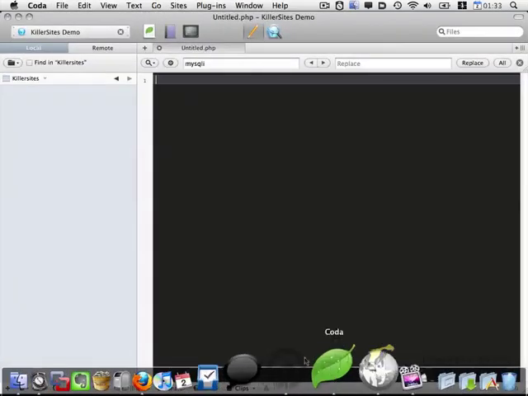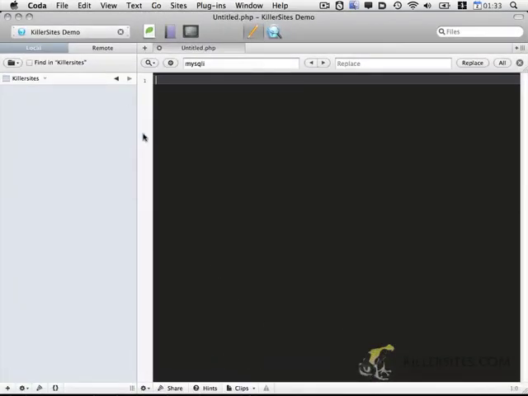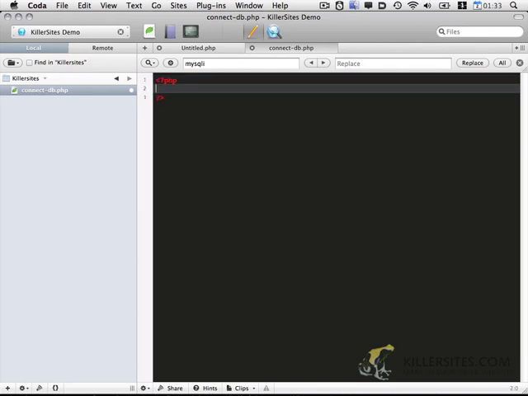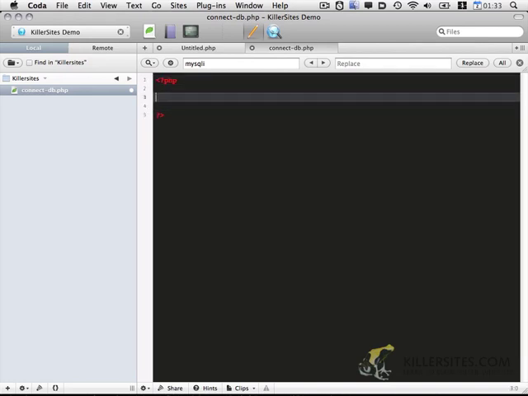So the first thing I'm going to do is open up my text editor, which in this case is Coda, and create a new file. And first of all, I want to just make sure that mysqli is installed on your computer. Now mysqli has been included since PHP 5 came out, and that's been a little while now. So it should be included on everyone's computer, and most servers have updated to PHP 5. But just to double check,